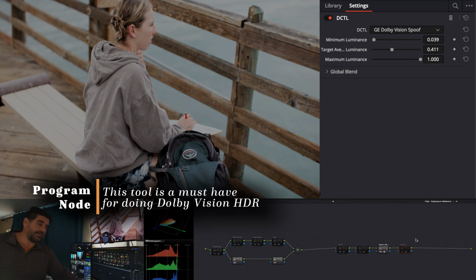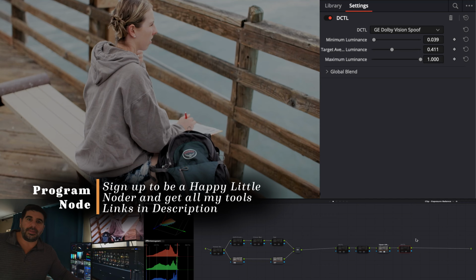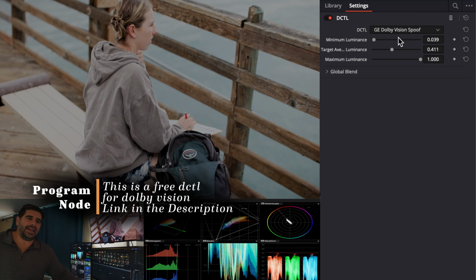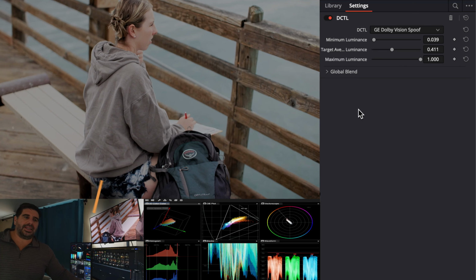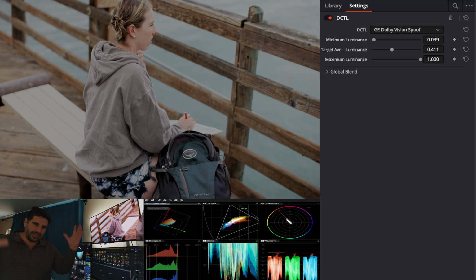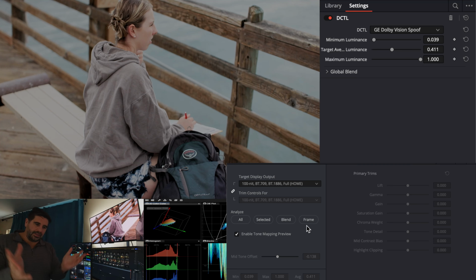So I have about 5 minutes to tell you about something. Today I'm going to tell you about Dolby Vision and a tool that I made for a friend called the Dolby Vision Spoof. What the Dolby Vision Spoof does is it allows you, when you're doing HDR and you're doing a Dolby Vision Master, where you're going to embed the sidecar that tells it how to sample down my Dolby Vision from HDR down to SDR